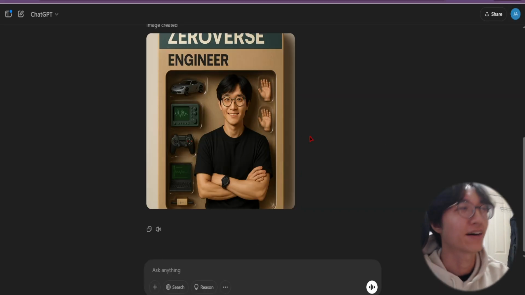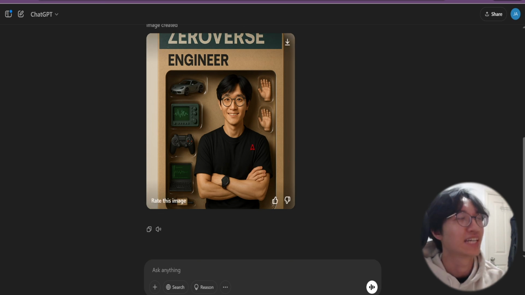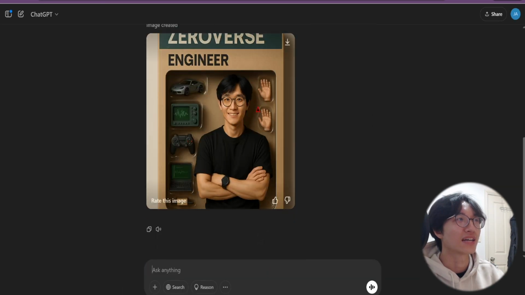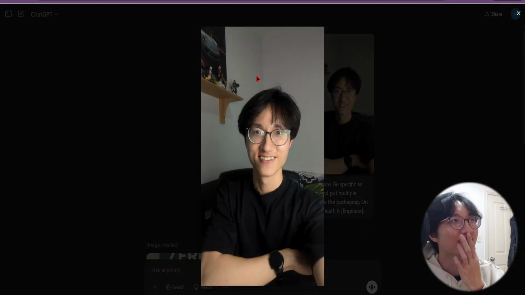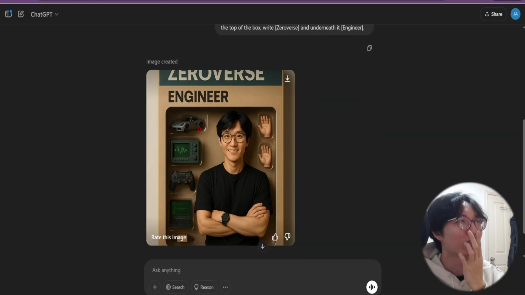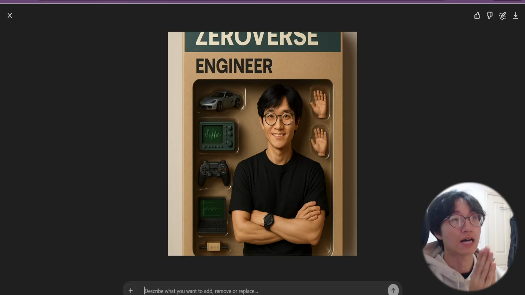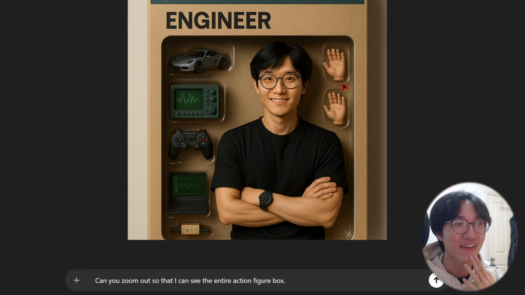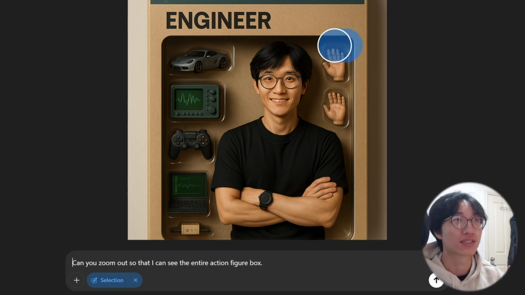Okay, after about 4 minutes, it generates this, which to be honest is not too bad. I think it's based on the car and the figures here. I see, because in my room there's a Porsche, that's why it puts a Porsche car as well. Oh, that's where it came from. Okay, first of all, I want to zoom out the action figure, and then I do not like these spare hands that I have, so I want to change them to other things. Let's see if we can circle it here,